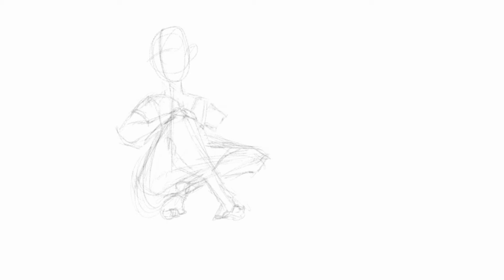Do they make any sense in this position? Do they look correct and comfy to the eye? A good trick to make sure that the position you are drawing is right and correct is mirroring. If you are drawing digitally, it is easy to do the mirroring just by tapping a few buttons,